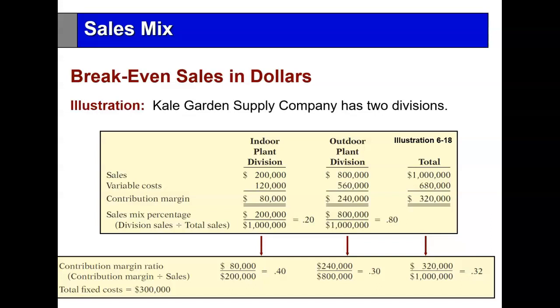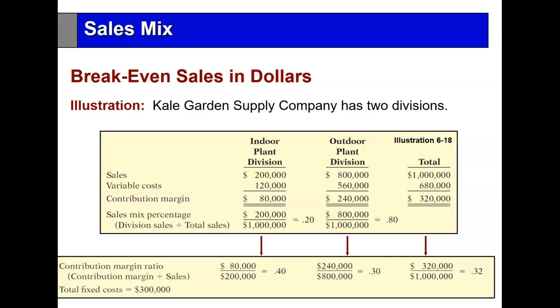So let's take a company here that has two divisions, a garden supply company. And the information is such: we have indoor plant division and outdoor plant. Now the total sales are $1 million. And that is broken out into 200,000 indoor, 800,000 outdoor. Now the variable costs for the indoor plants that we sell are 120, so the contribution margin is 80,000 on the total sales. The outdoor variable costs are 560, so their contribution margin is 240. Now you can see right off, if I have $1 million in sales and 200 are indoor and 800 are outdoor, then I would say, okay,